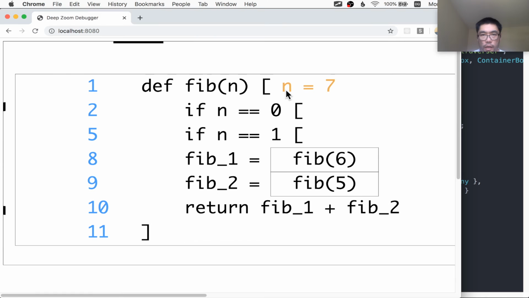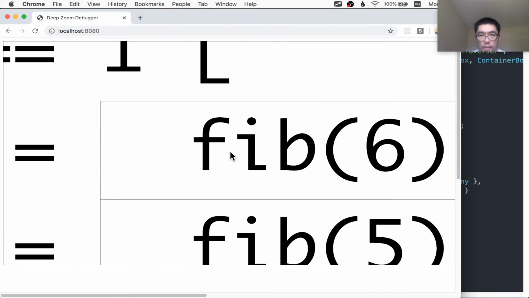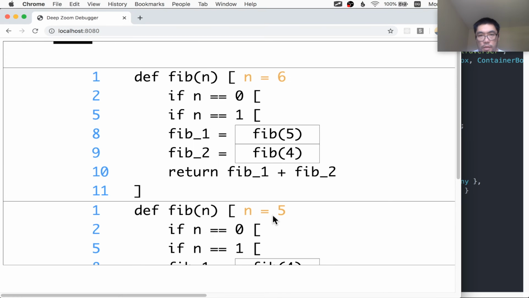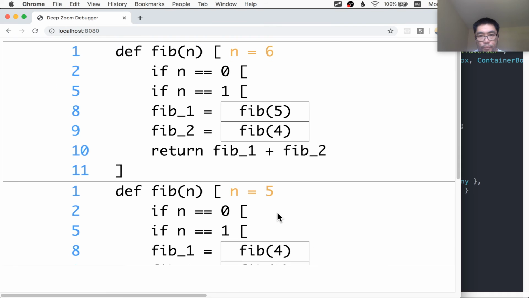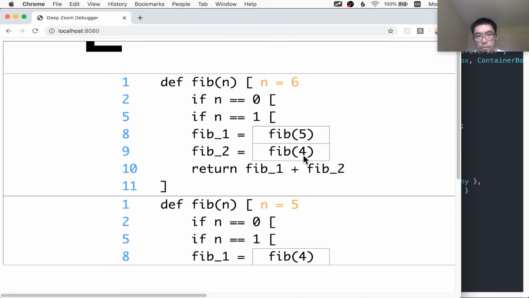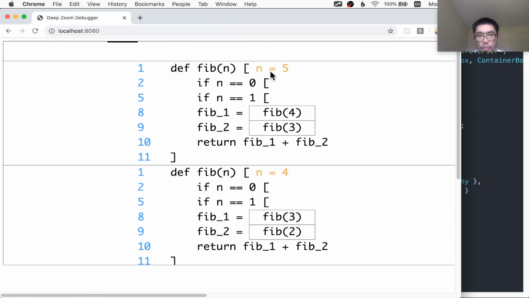Bam! Yeah, n equals 7. Yeah, love it. N equals 6. Oh man, that is so awesome. Yeah, I like it. I like it. Maybe slightly more spacing. I don't know. Although I kind of like this. Maybe like with a little